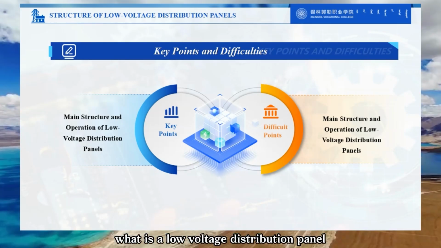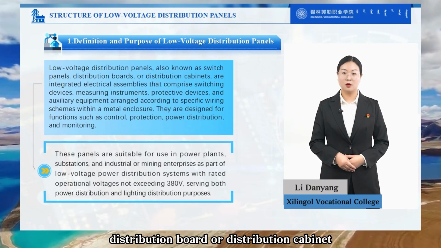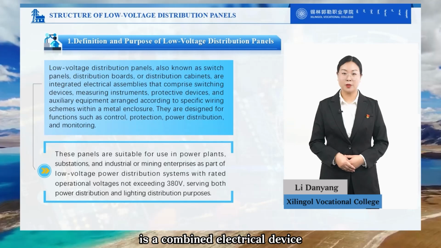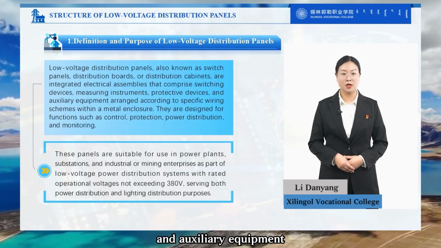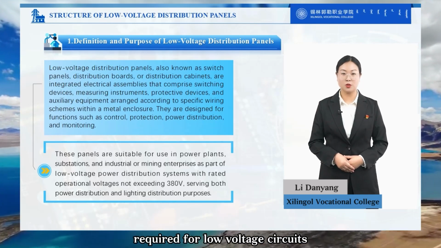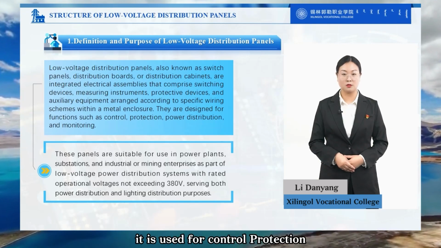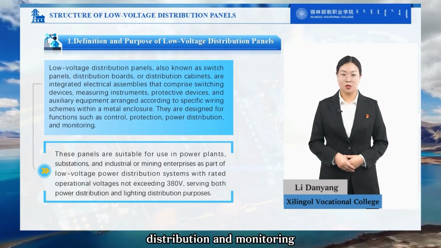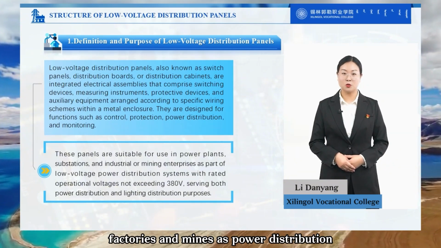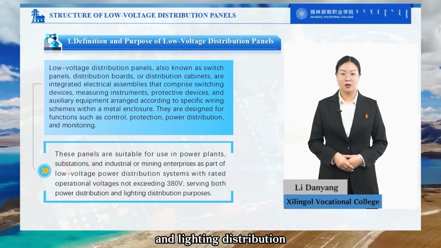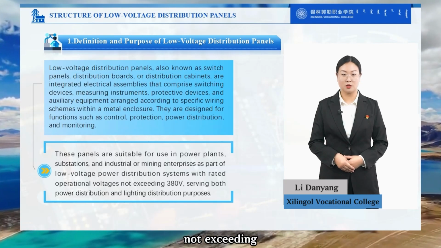What is a low-voltage distribution panel? A low-voltage distribution panel, also known as a switchboard distribution board or distribution cabinet, is a combined electrical device composed of switchgear, measuring instruments, protective devices, and auxiliary equipment required for low-voltage circuits, assembled in a metal cabinet according to a specified wiring scheme. It is used for control, protection, distribution, and monitoring, and is suitable for power plants, substations, factories, and mines, as power distribution and lighting distribution in low-voltage distribution systems with a rated working voltage not exceeding